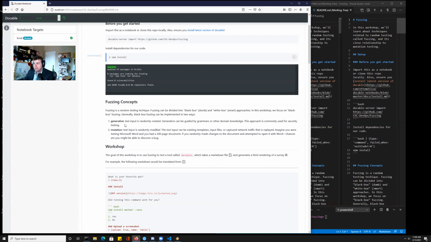For example, if your goal was to generate random images that you could send into a program, and you knew the layout of how the headers are and all the picture information is, you could just generate random bytes for that picture and then use that as input to a program to see whether it causes something to crash,